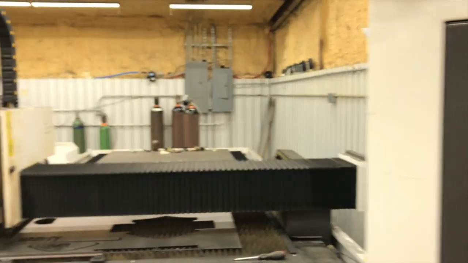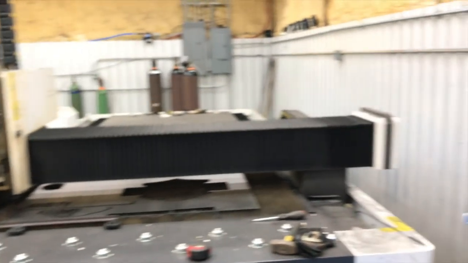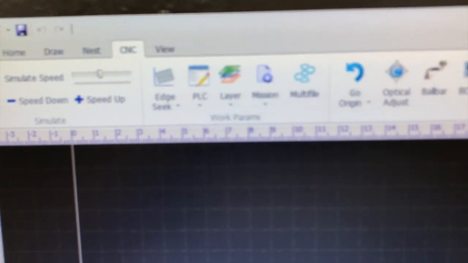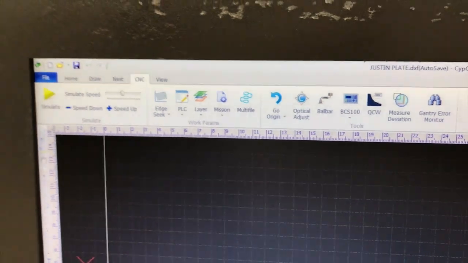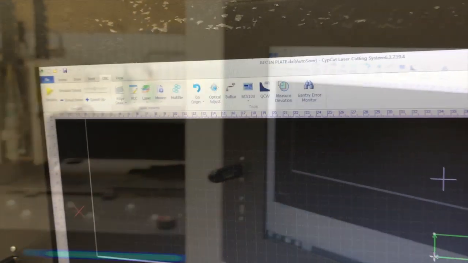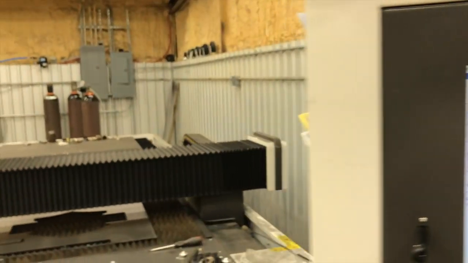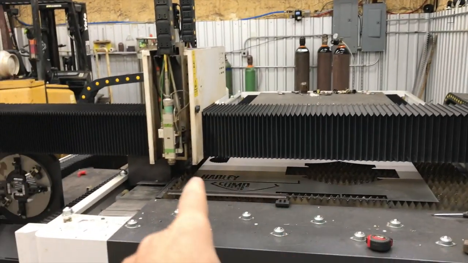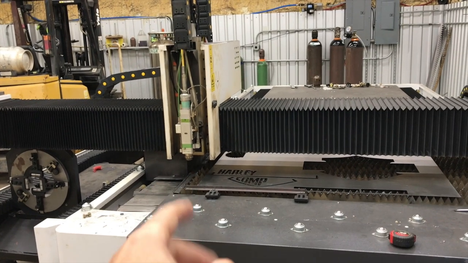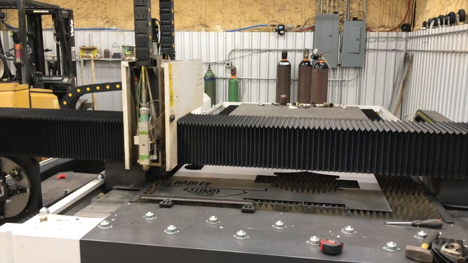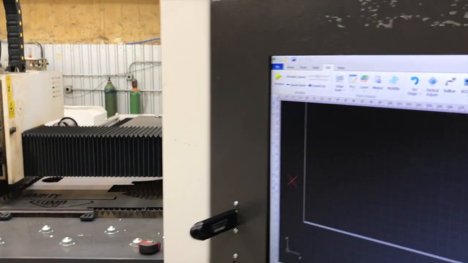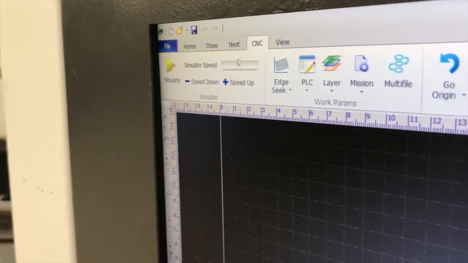But I showed you in the other part of it that in the CNC tab, the main thing that you're going to do when you boot up your machine is click Go Origin. Sorry about the focus issue, but when you boot up your machine for the first time, if your machine happens to be way down at the other end, you want to manually jog it down near your home position, so that the homing process doesn't take forever. And so if you will notice here, we're going to click on Go Origin,